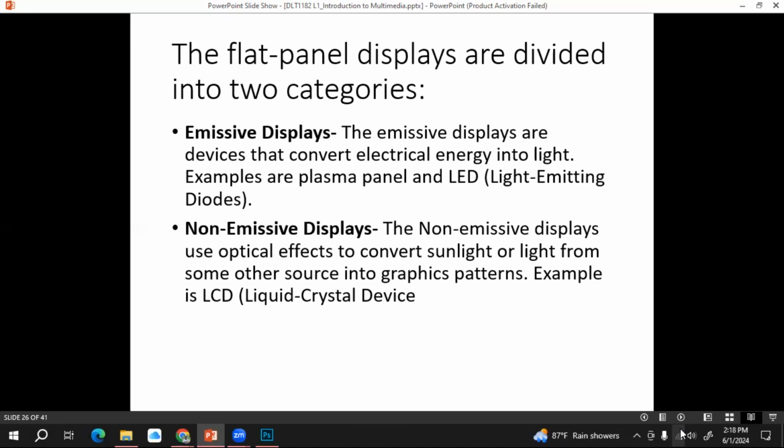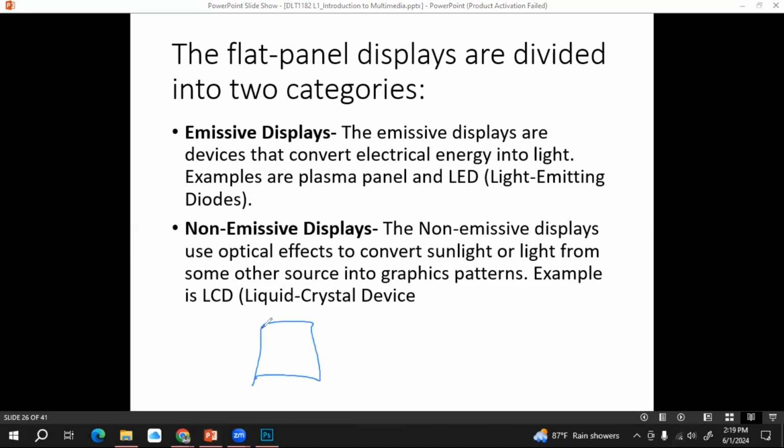Non-emissive displays means the light source is a separate one, right? But the display is creating some graphics using this external light source. In liquid crystal displays, let's say this is the display, right?